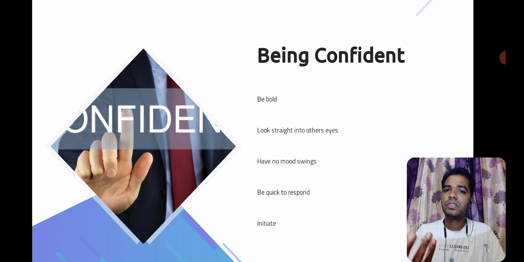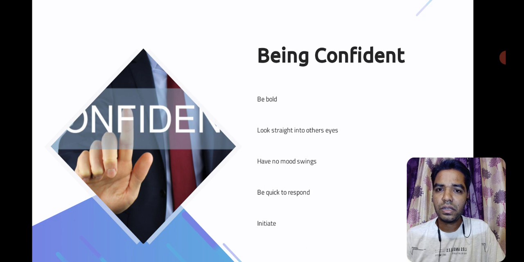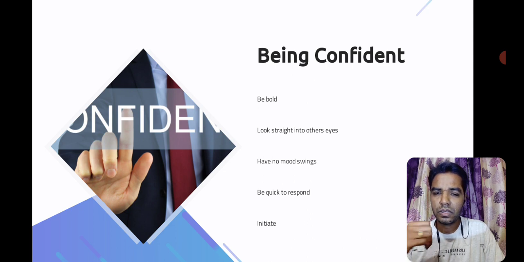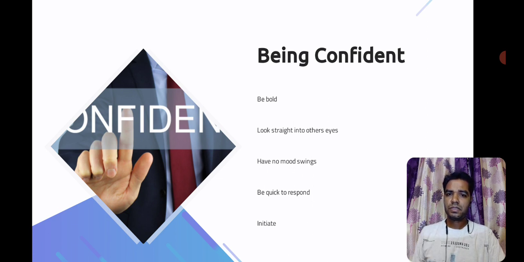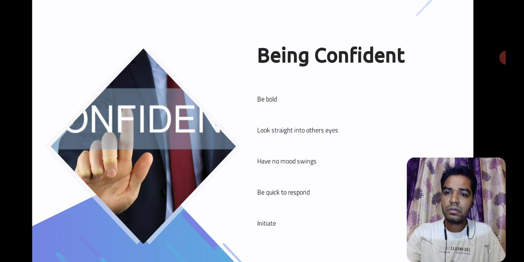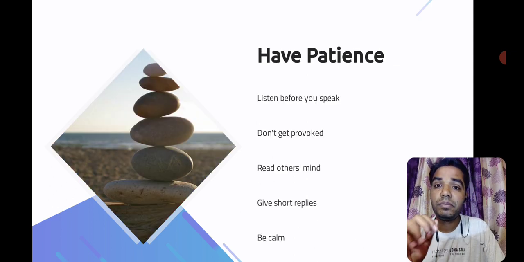So you take initiation. Let's say you have been to a freshers party in a college as a parent or as a student. The anchor asks anybody to come up and speak something about the future of the students. You should rise, go to the dais, grab the opportunity, take the microphone and deliver good words, instilling positivity in students. That is enough. So be very confident. And next, have patience.